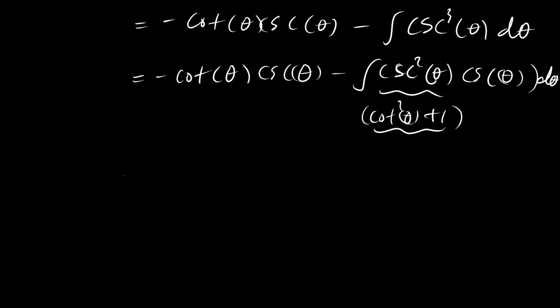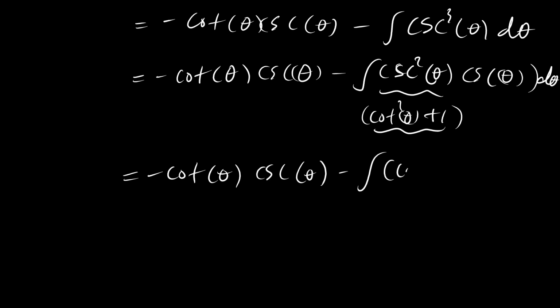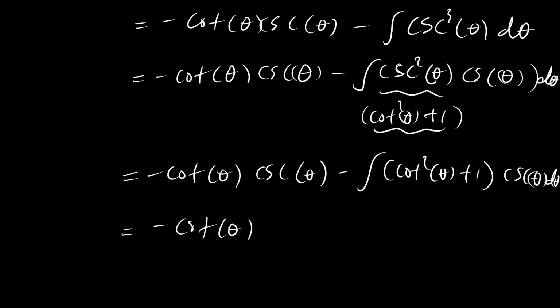So what that means is we have cotangent of theta, cosec theta, minus the integral of cotangent squared theta plus 1 times cosec theta, which means that we do have cotangent of theta, cosec of theta,